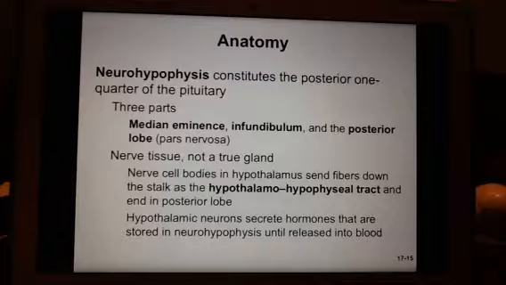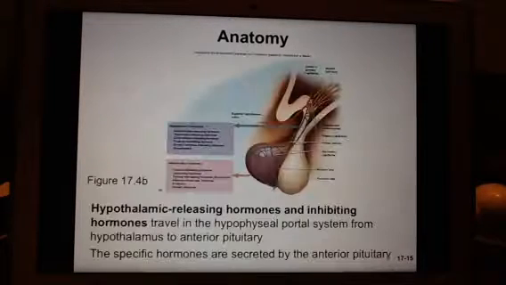So that's a difference between the anterior and posterior. Anterior gets hormones that are going to stimulate a response, whereas the posterior gets hormones that are basically stored there until they're released. So there's both, and there's a graphic that's in your book that goes over